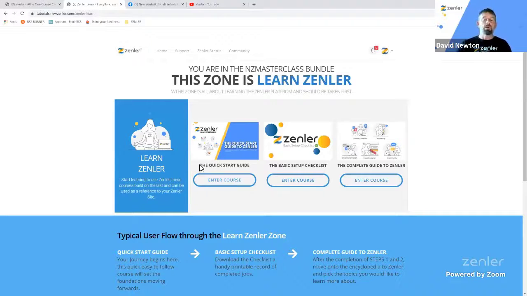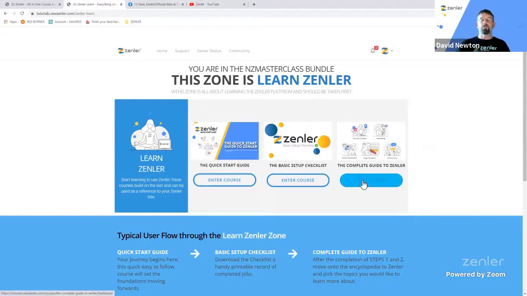All right. So we've also got, at the same time, you can download this basic setup checklist. This is basically just a PDF. And inside that PDF, you've got little checkboxes. So our vision of you using it is to print it out or digitally sign it on your computer if you don't want to use up paper. And you can check off the things that you've done, so you know where you're up to. Now, we are building on this list, so the list might change. We'll probably do an announcement if we change it dramatically in the Facebook group, so you guys who have already got it can re-download it. And once you finish this quick start guide and this basic setup checklist, we then have this